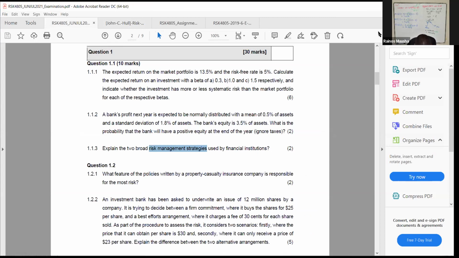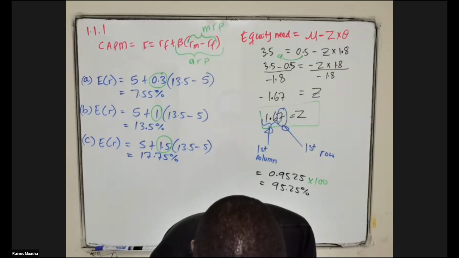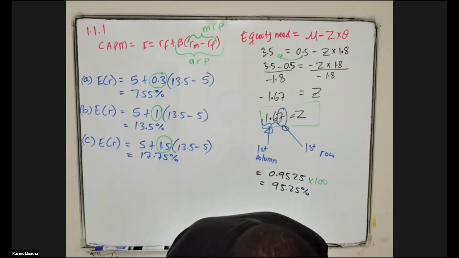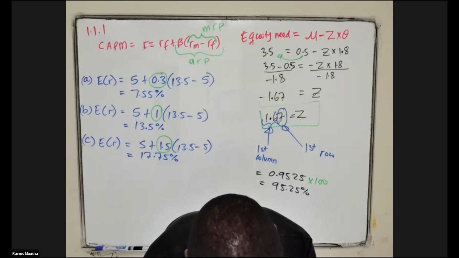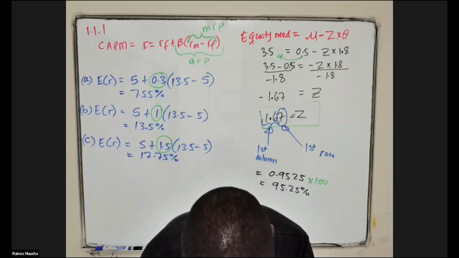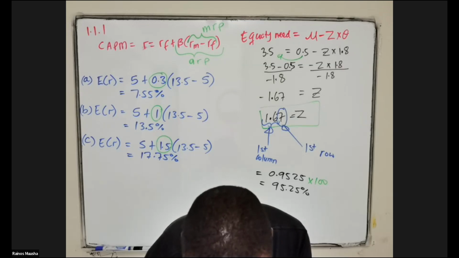To answer that question, if you check in the textbook on risk arising from catastrophes, page 47. Risk arising from catastrophes. So,